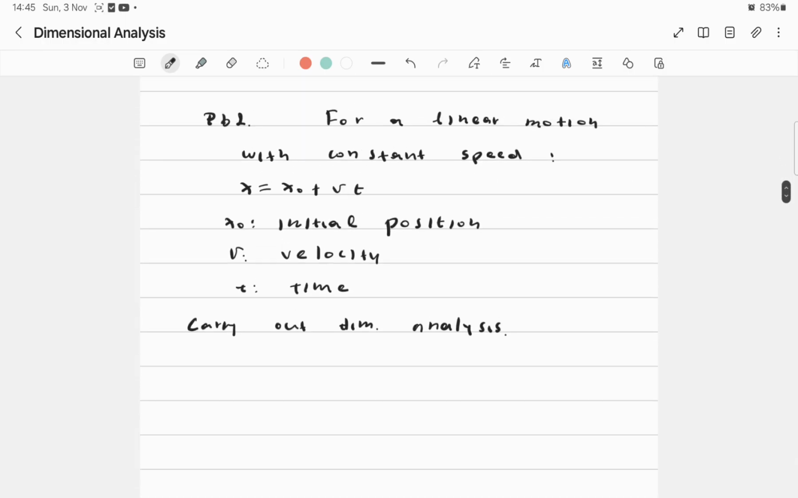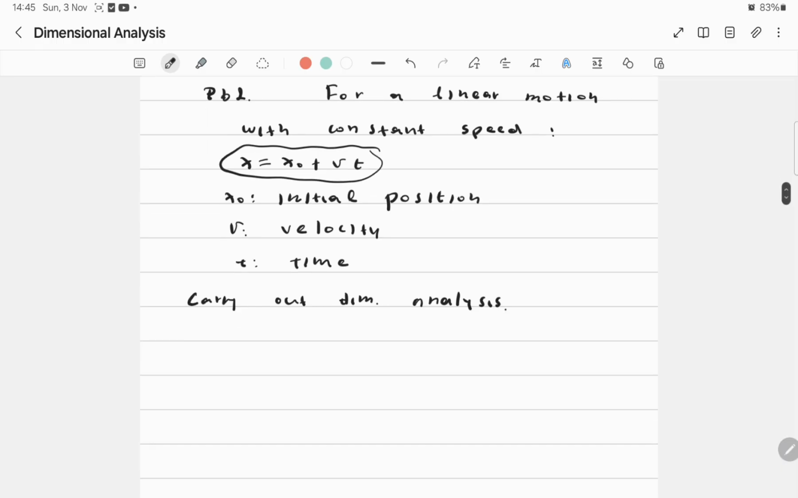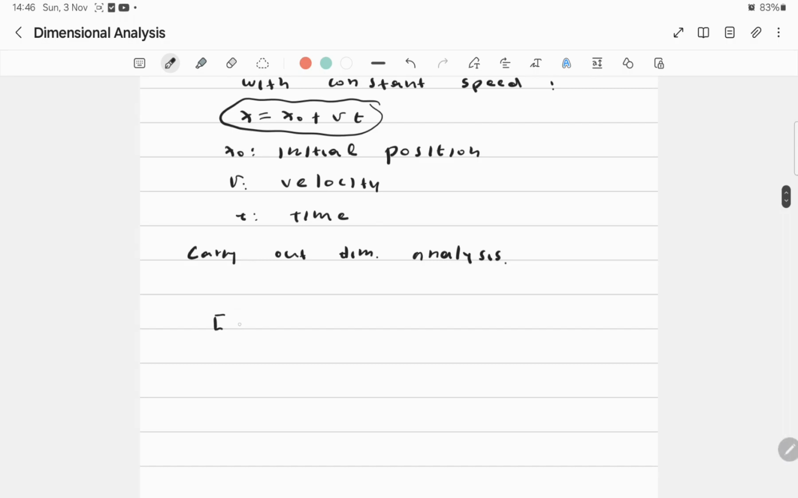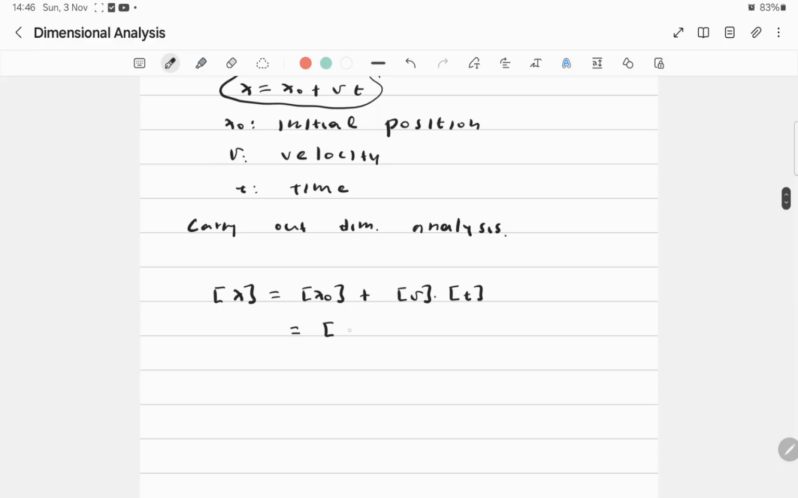So let's go to the first example. We have a linear motion with constant speed. So we have this equation here, and we want to carry out dimensional analysis. x naught is the initial position, v is the velocity in meter per second, t is time, and we want to check that this formula is physically correct. Let's see. [x] equals [x naught] plus [v][t]. What is x naught? It is the initial position, so it's a distance L, capital L, plus